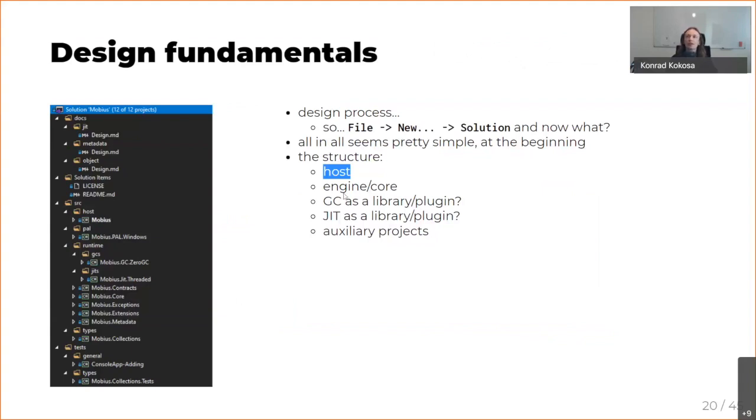runtime to execute it. There will be some core part of the library of the whole idea that will contain, let's say, putting all the pieces together, the type system inside, then the GC and the JIT as the two most important blocks that I would like to treat as plugins. So no constraints, no assumptions about the GC and the JIT, so you can replace it with your own implementation, which obviously makes a really big trouble from the perspective of the API design, because the runtime really relies typically on some assumptions between the GC, the JIT, and other stuff.